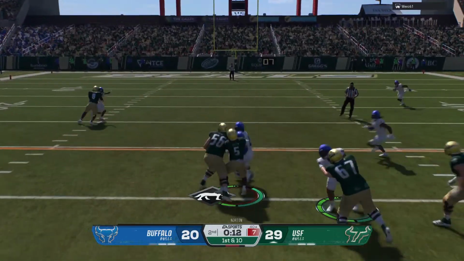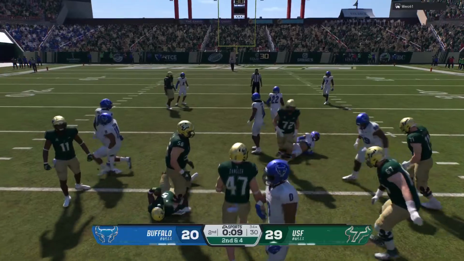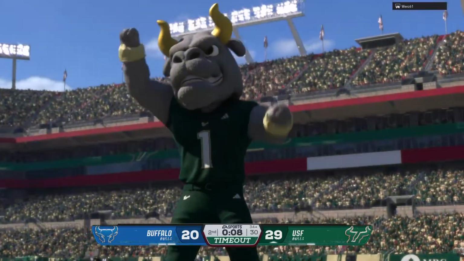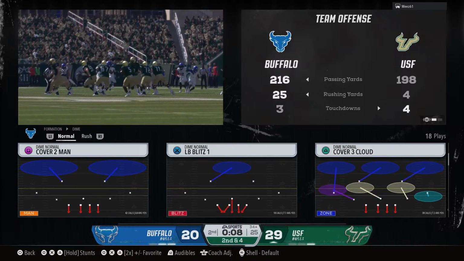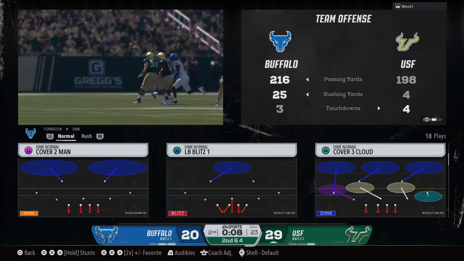They'll leave it with him. And a nice solid pickup there before the defense wrestles him to the ground. They'll use a timeout right before halftime. Maybe time for 1 or 2 more plays.